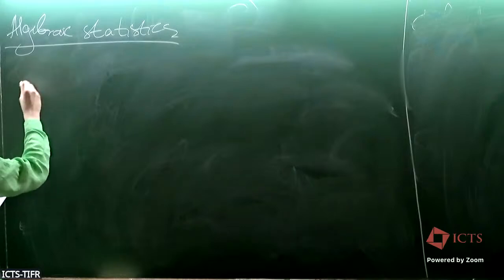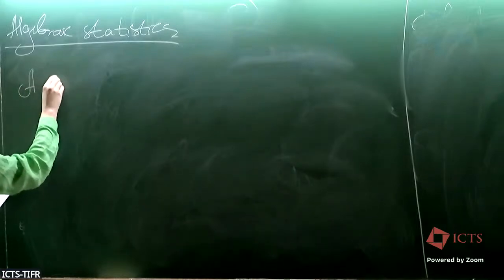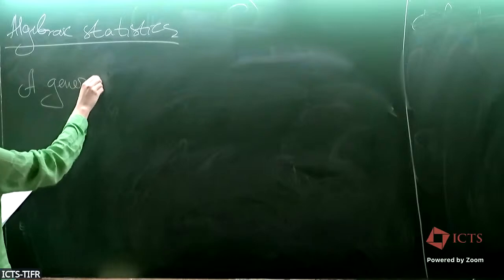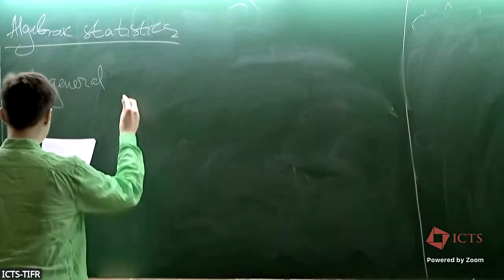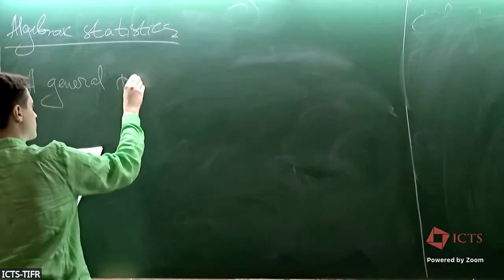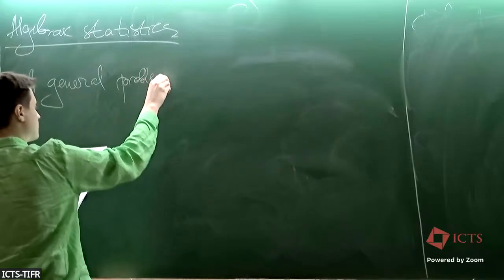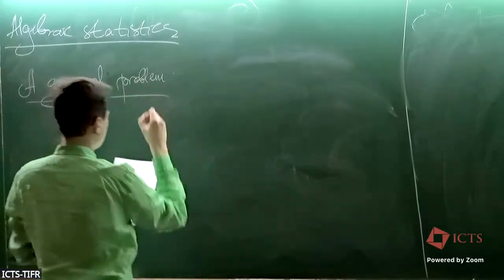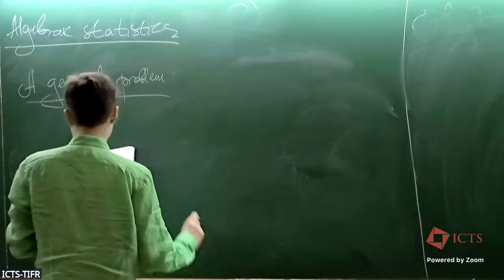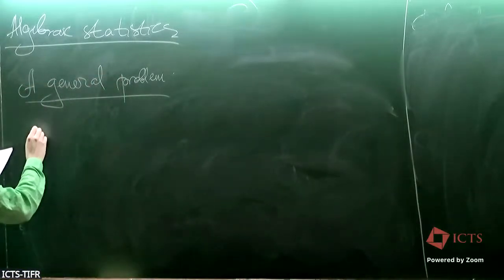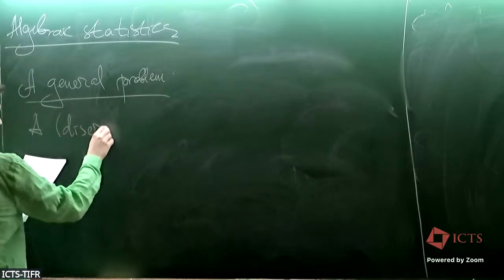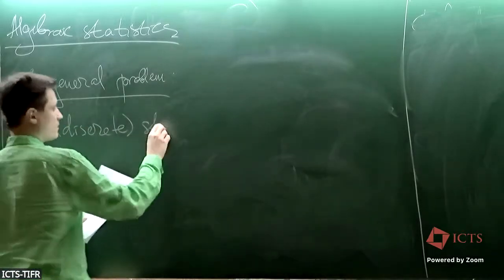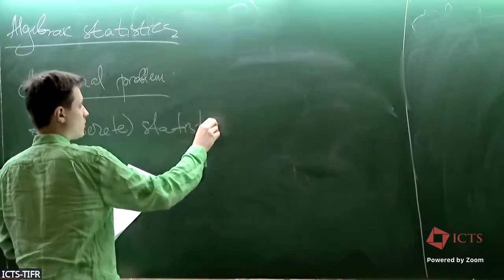So what's a general problem in statistics, for instance? The one that we can solve using algebra and the one that will be relevant for physics for today. So, a general problem will take a while to set up, but there's nothing complicated. So we'll start from a discrete statistical model. So in a discrete statistical model